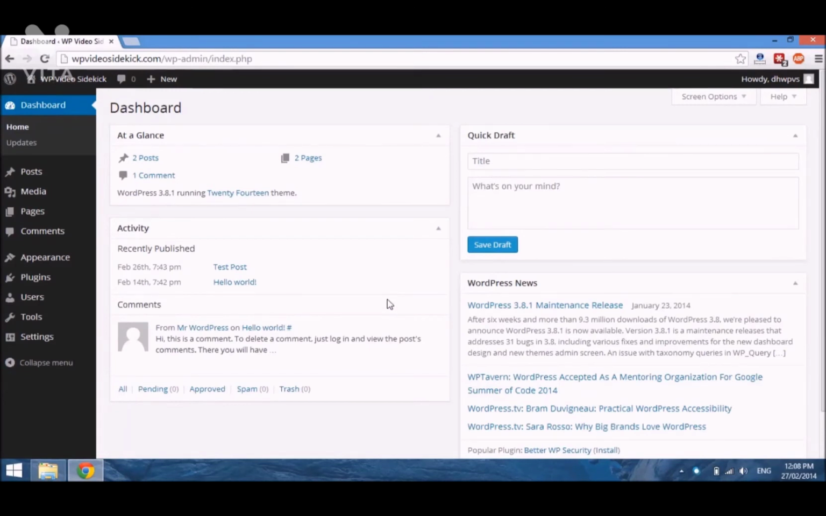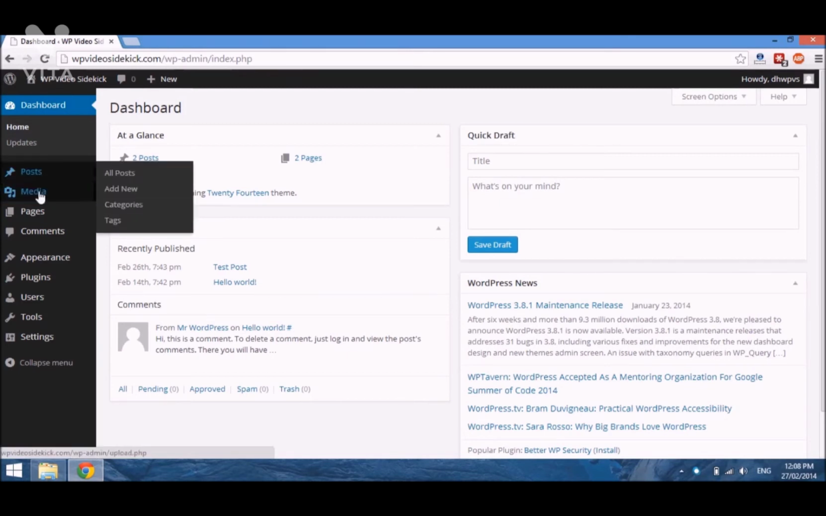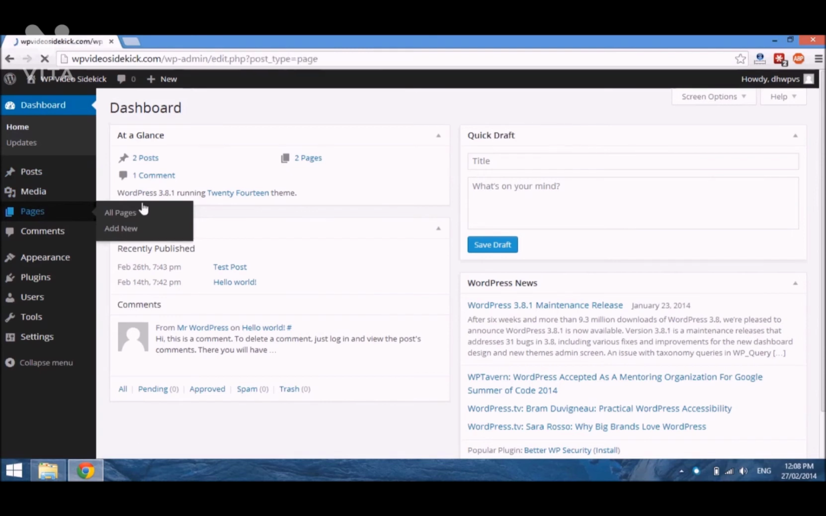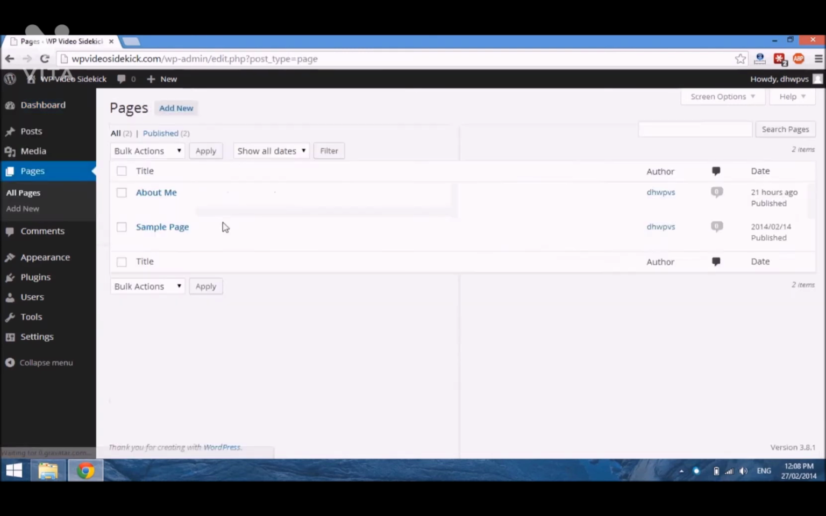Okay, so now that we're more familiar with the media library, we can go ahead and add an image to our posts or pages. As I mentioned, I wanted to add an image to my About Me page. So if I just go back to Pages, select Edit Page,